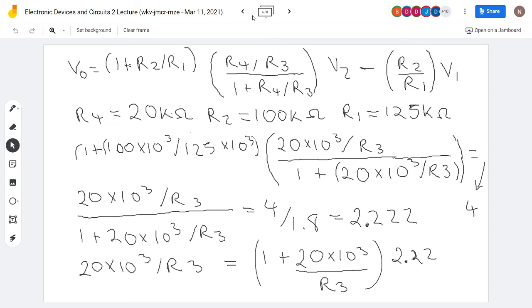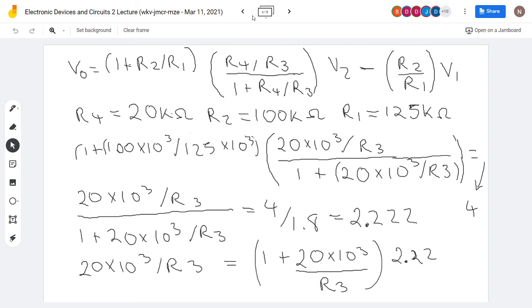So you know what the capacitor value is, you know what the resistor value is, and you know what the input signal is. You know what Vin is. I would say that the output of the integrator is what? Is an integral of the input voltage. Is that correct? Yes, sir. Let's go back to my Jamboard.